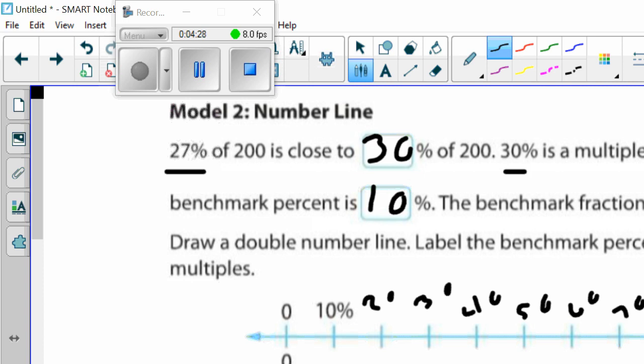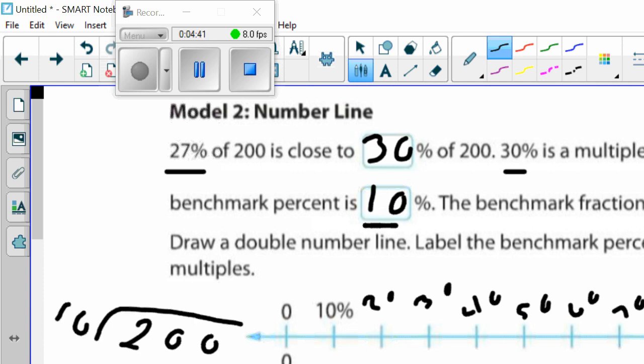So we're going to do the same thing that we did before. If we count all these, there are 10 sections total in our graph. So we're going to take our line graph, we're going to take 200 and divide it by those 10 sections. And again, we're dividing it by 10 because our benchmark fraction was 10. 10 goes into 20 twice. 10 goes into 0